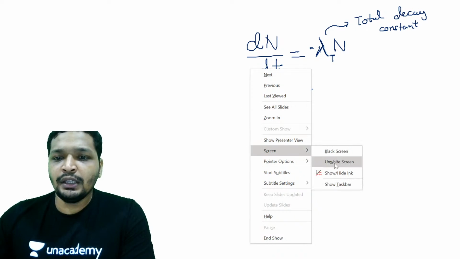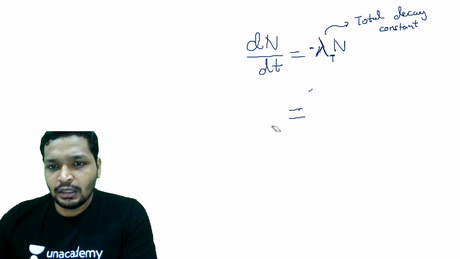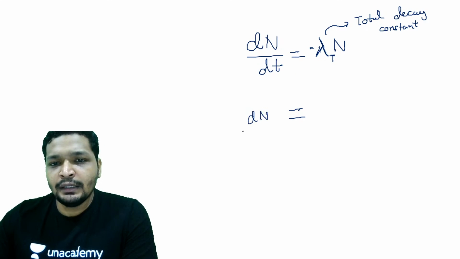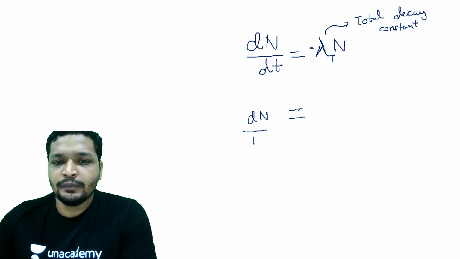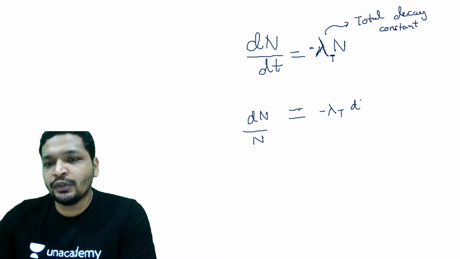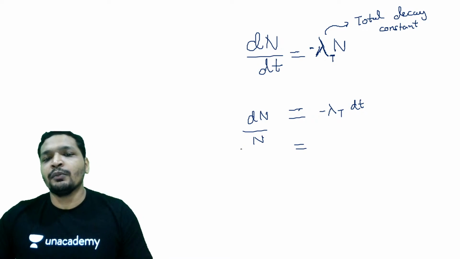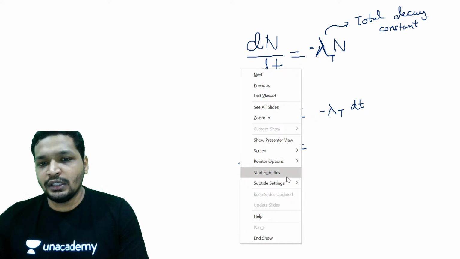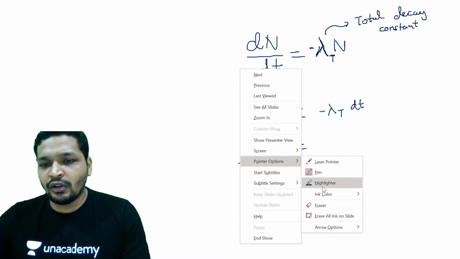So this should be dN by N, negative sign because it's decay, minus lambda t into dt. Integrated on both sides, you would get actually some natural logarithm